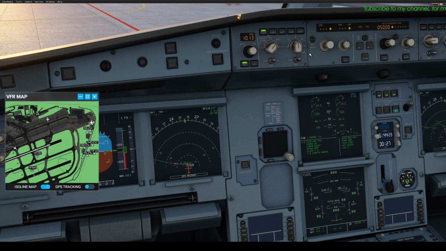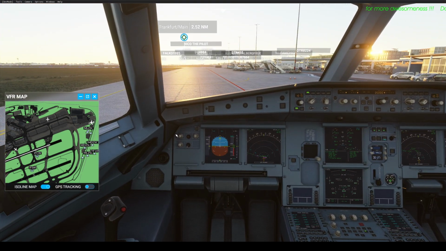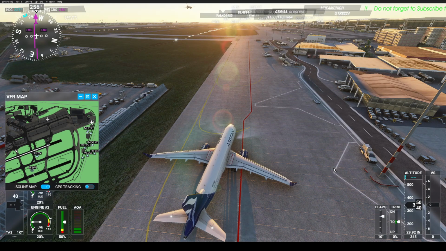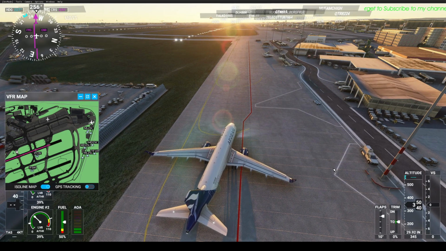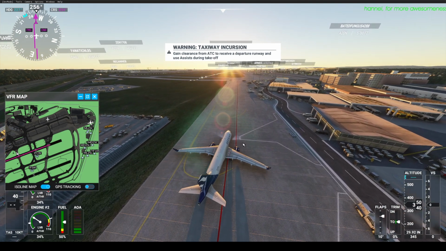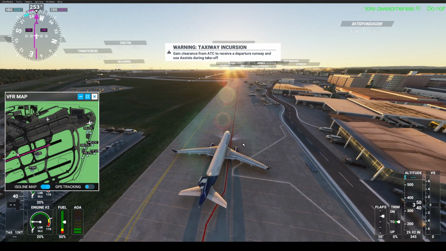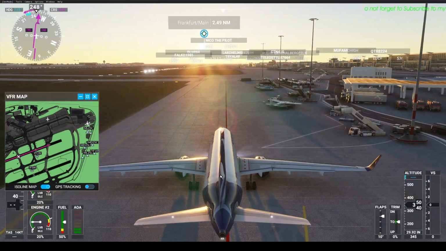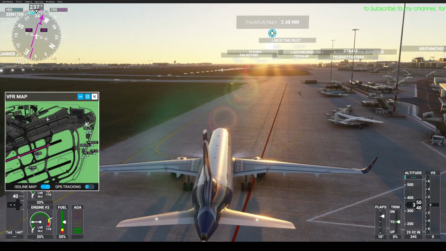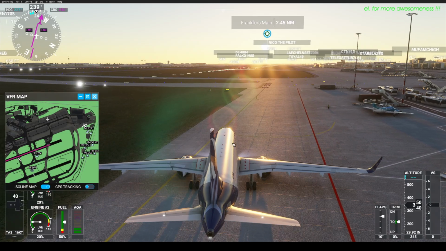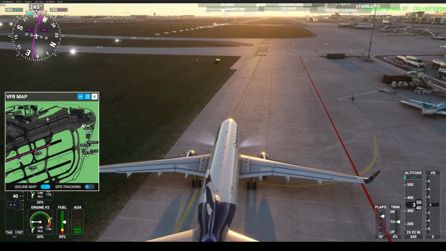Ready, Sierra Victor Echo Quebec Echo, ready to taxi. Taxi via Lima to Lima 1, hold short runway 25 center, thank you. Okay, time to release the brake. We ignore these default ATC live messages. Let's hope that we will find